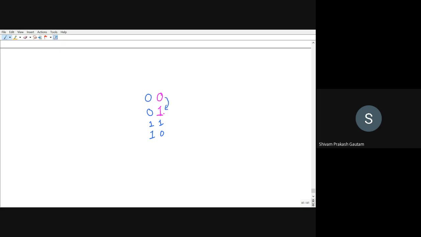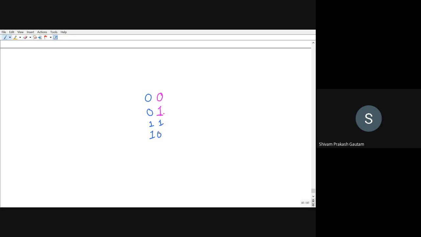So you can see if you go from 00 to 01, only one bit has changed, and that bit is this one. If you go from 01 to 11, then again only one bit changes, which is this bit. If you go from 11 to 10, then again only one bit is changing, that is this bit. So this is called cyclic in nature.